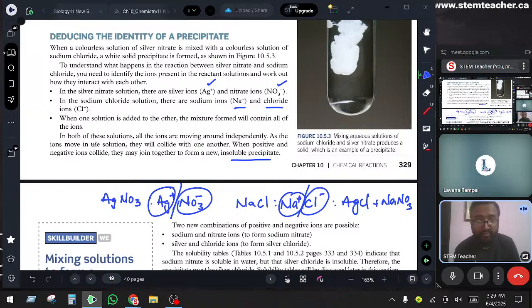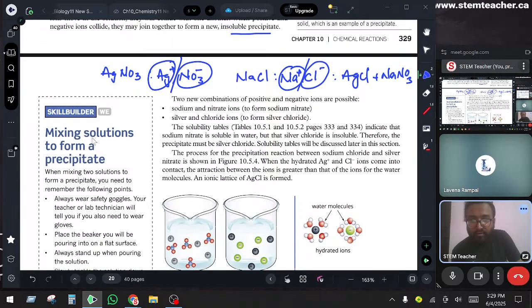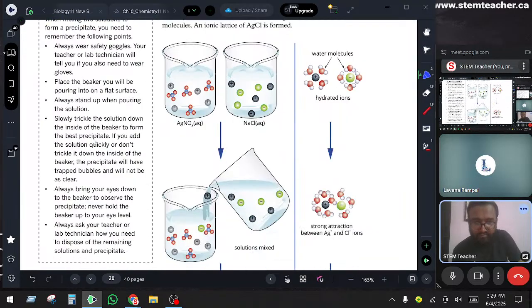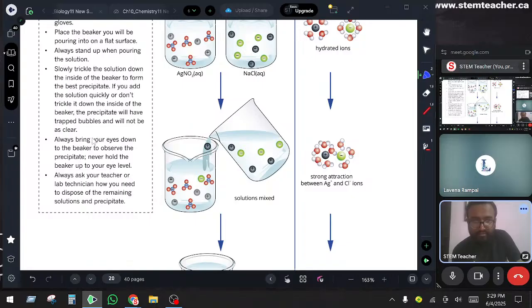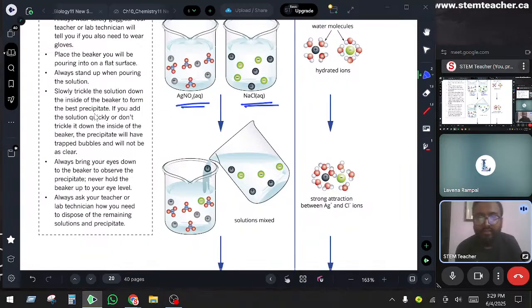So Ag comes and joins with Cl. AgCl will form and NaNO3 will form. So this is the case. It is AgNO3 aqueous, NaCl aqueous, and we mixed them: Na+, Cl-, Ag+, NO3-. You can see the image also properly. When you mix them together,